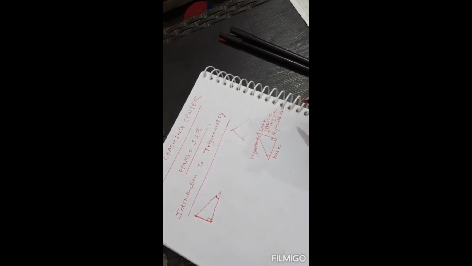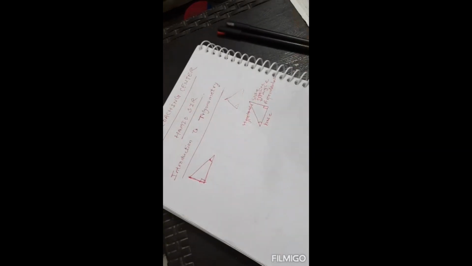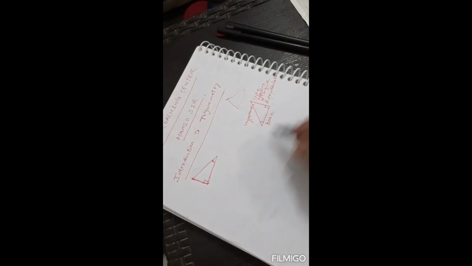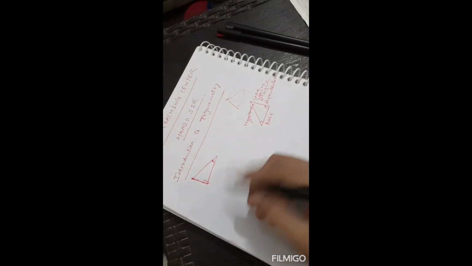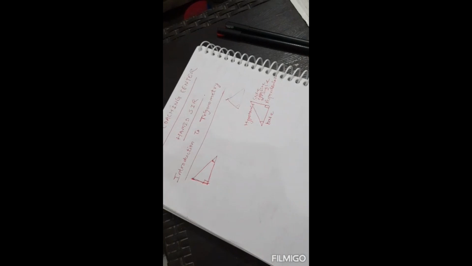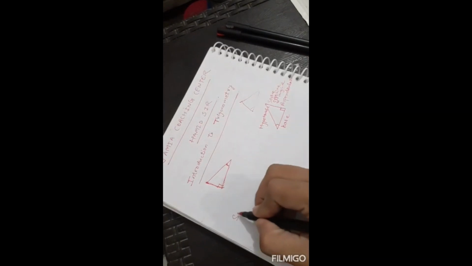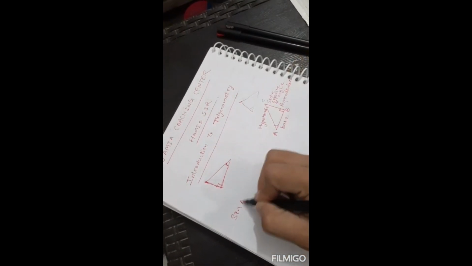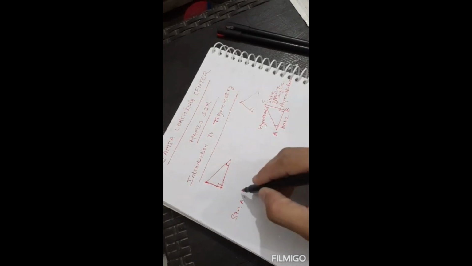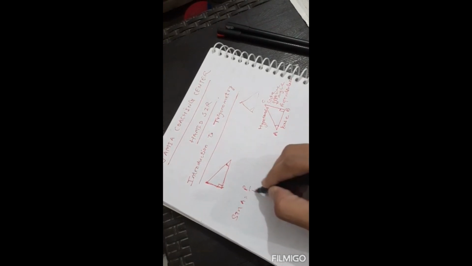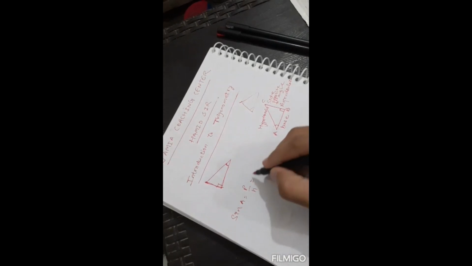Okay, so in this chapter we will study about different trigonometric identities. So that trigonometric identities will be sine, cosine, tangent, cosecant, secant and cotangent. Okay, so sine, if this is A, B, C, so sine A will be side opposite to the angle A divided by hypotenuse, or perpendicular divided by hypotenuse. So what is perpendicular? BC divided by hypotenuse is AC.